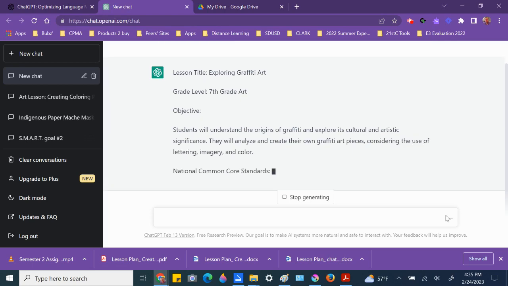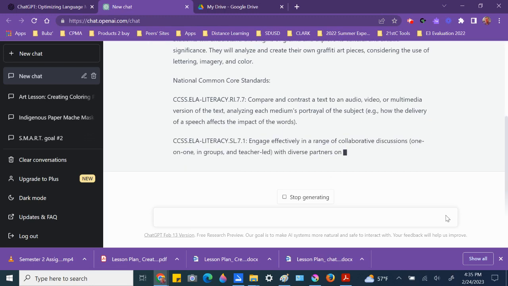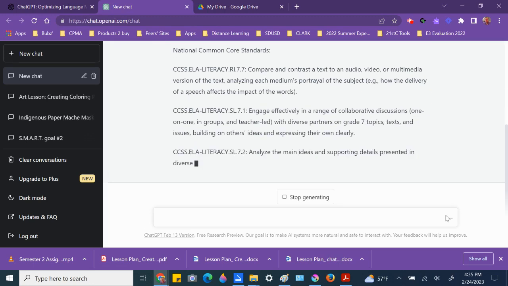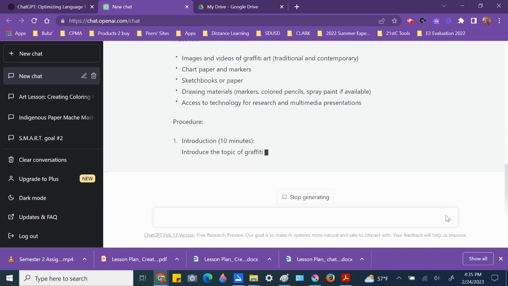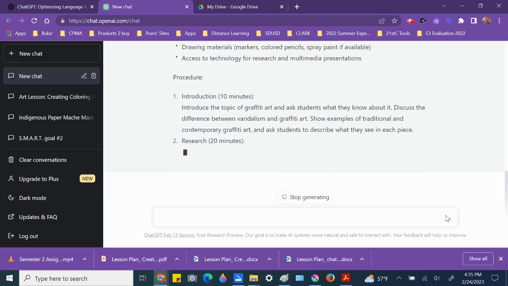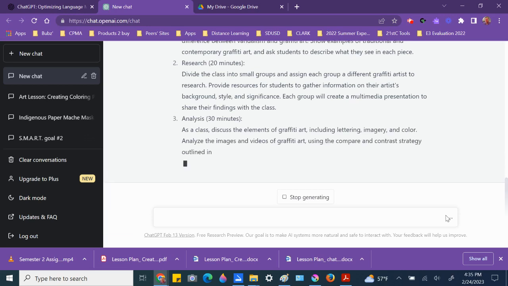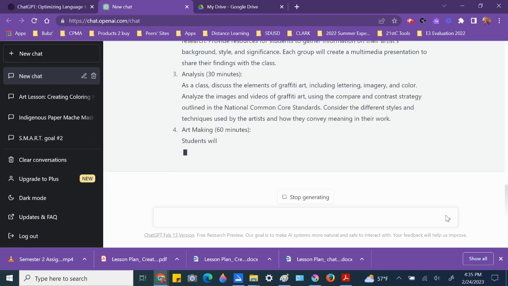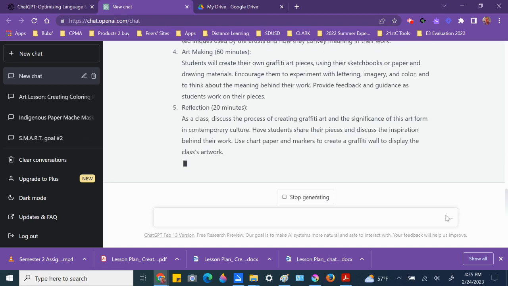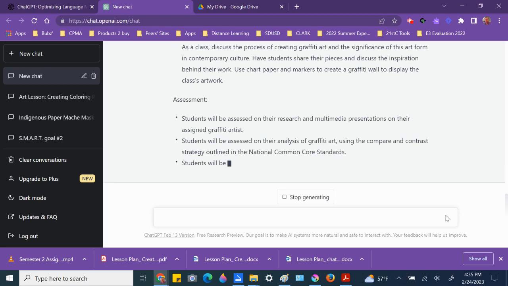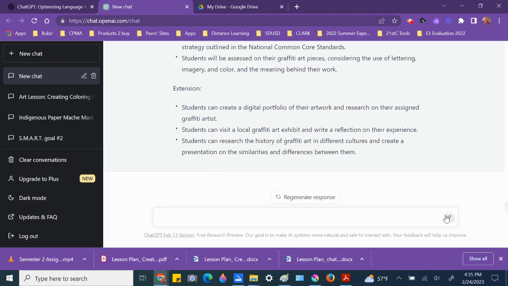Exploring graffiti art. There's the standards. Materials. Procedure. Introduction, 10 minutes. Research, 20 minutes. Analysis, 30 minutes. Art making, 60 minutes. So we're looking at 2 or 3 class periods. Reflection, 20 minutes. Assessment. So one of the things that ChatGPT does